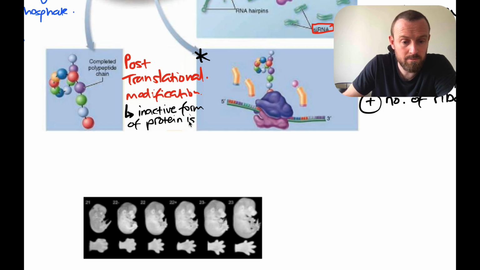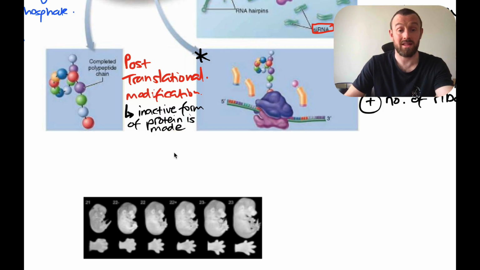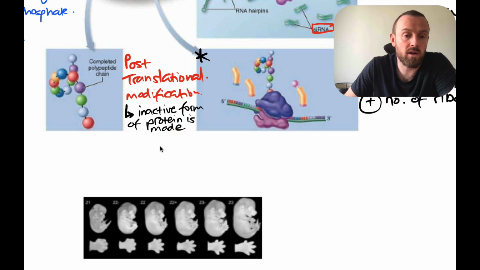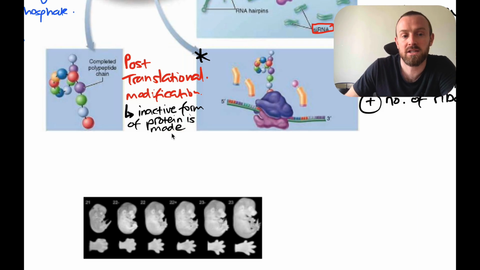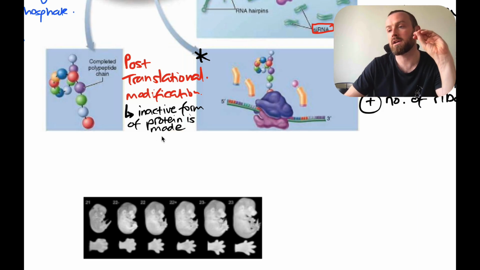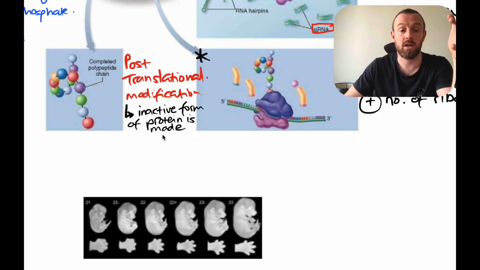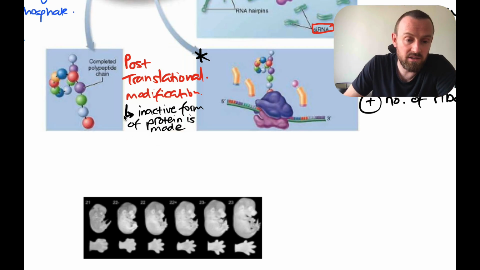Okay, so as the protein is made, let's say it's an enzyme, it doesn't do anything. It's not finally ready to get working. So we can kind of have a protein ready to go and only allow it to work in response to a signal. So activation of a protein